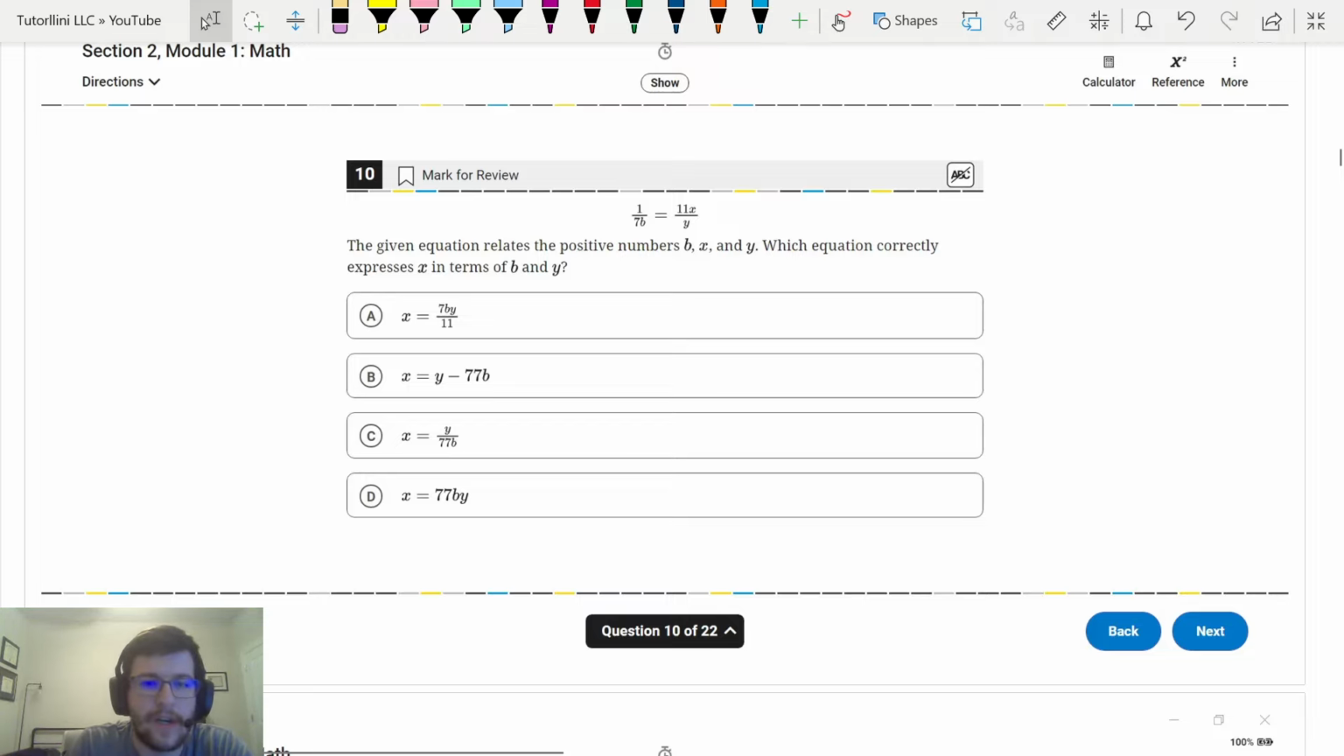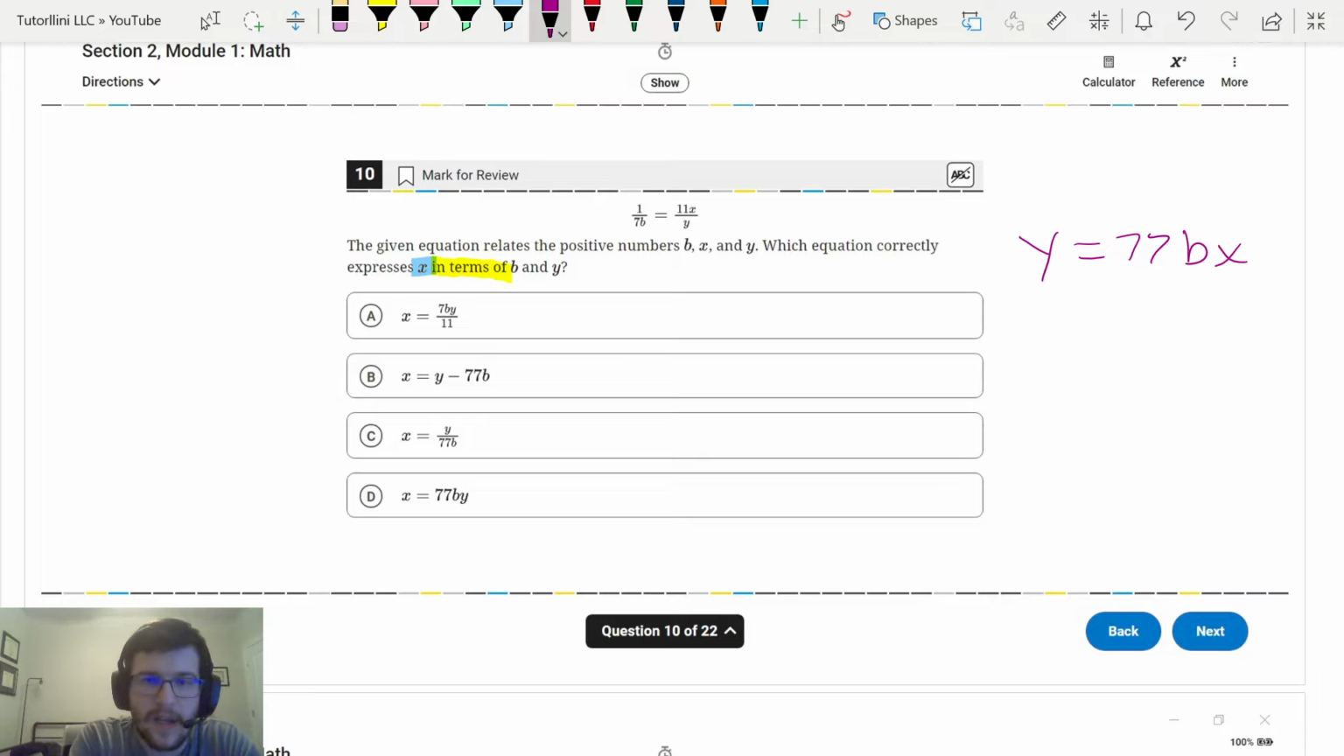Okay, so here, whenever you see "in terms of", the thing in front of it, you want to get by itself. So we want to get x by itself. And how I'm going to do an equation like this is I'm going to cross multiply. So I'll do that one. Those two multiplied together equals those two multiplied together. So 1 times y, that's just y. And then 11x times 7b, that's just